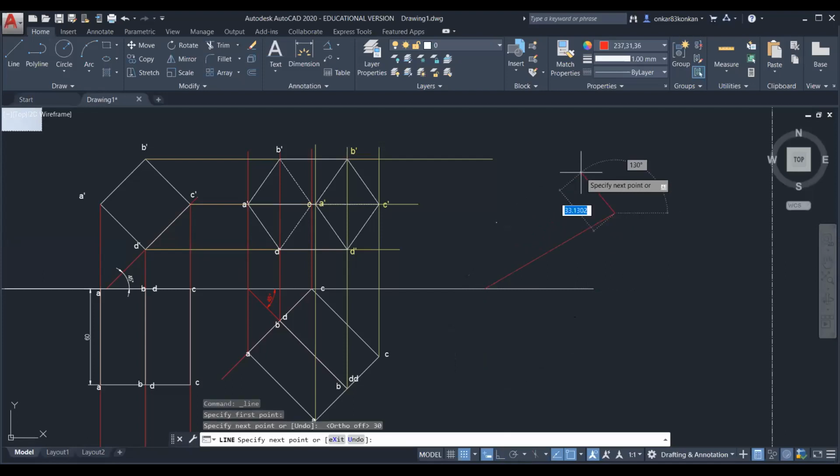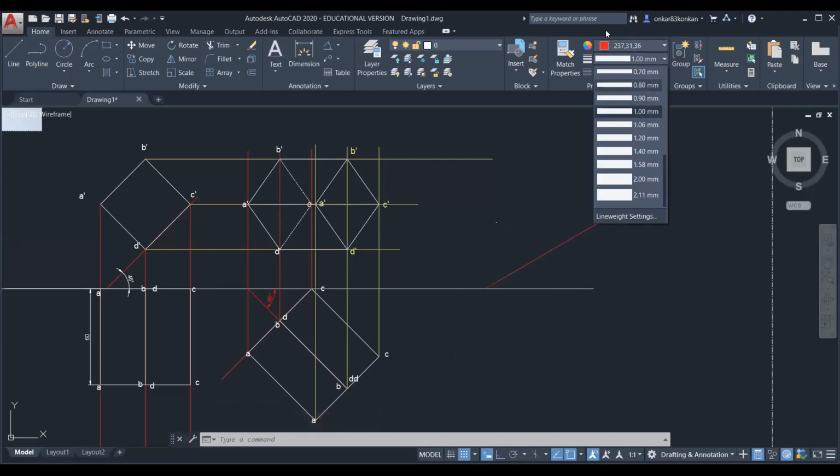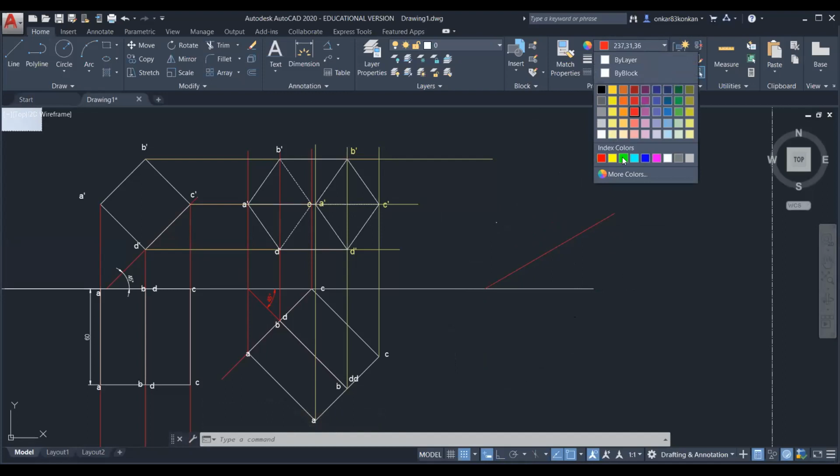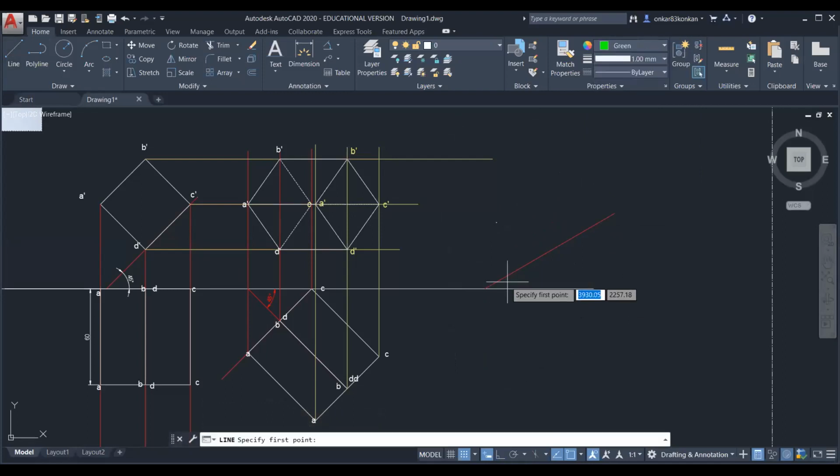So this will represent the true inclination of the axis. Okay, on this line, mark the true length of the axis. So you can take a suitable distance from the XY line. So the true length of the axis is directly available. It is 60 mm.